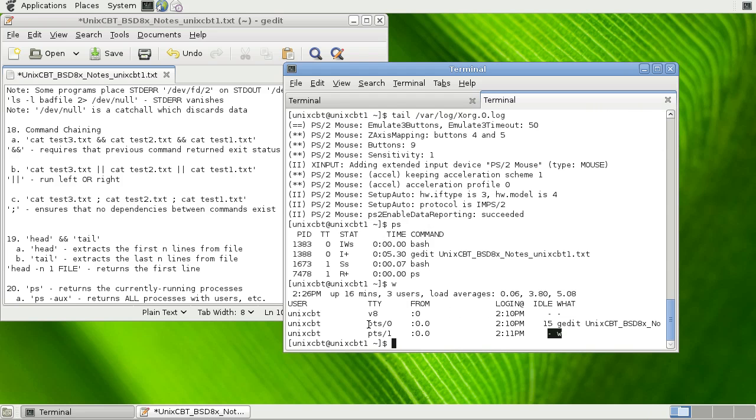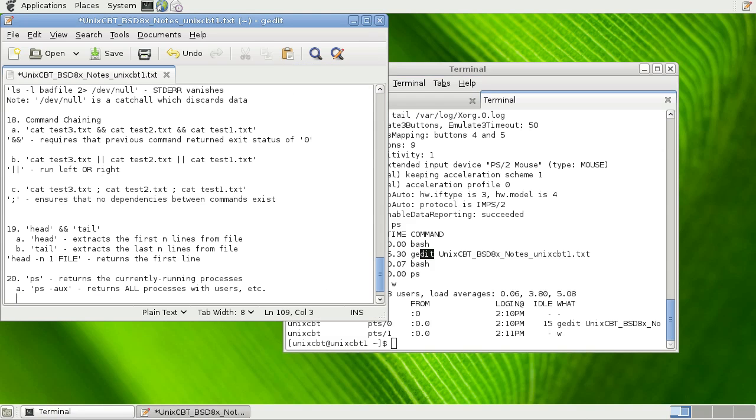So there are two terminals open, pts/0 and pts/1. Well, ps revealed those various commands. So two bash shells are open with two PIDs. One happens to have the gedit process running. So ps with no options returns programs,